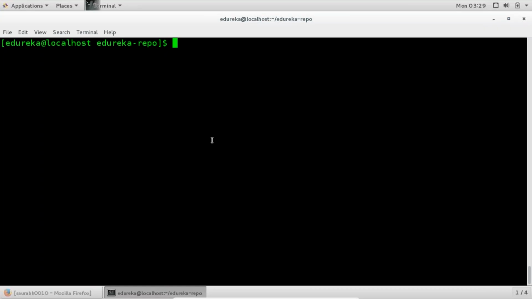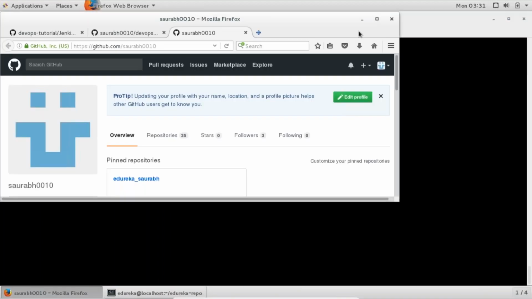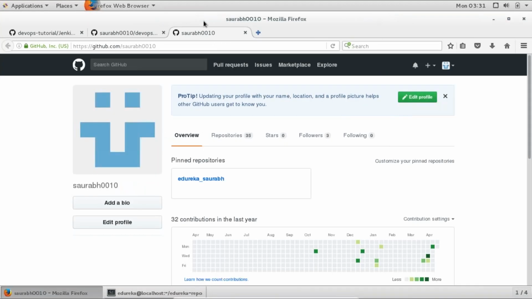So I have a remote Git repository present on GitHub. So I've created a GitHub account. So the first thing that you need to do is create a GitHub account, and then you can go ahead and create a new repository there. And then I'll tell you how to add that particular repository to your local Git repository. Let me just go to my browser once. Let me just zoom it a bit, and yeah.